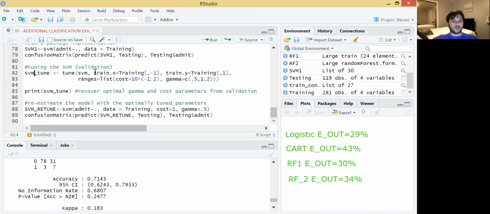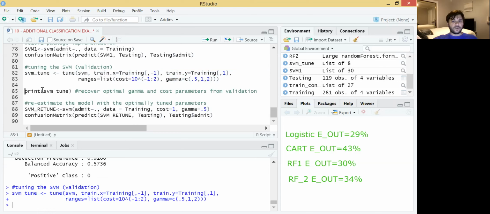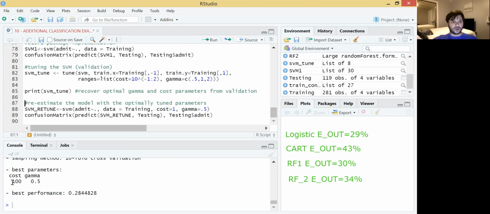Okay, and we're telling it here the X variable is all the variables in the training data columns minus the first column, and the Y variable that we're predicting is the first column of the training data. Okay, we're using the square brackets to subset here. So we can run SVM tune, and then we're going to print the results of the tune, and that'll tell us here what our optimal cost